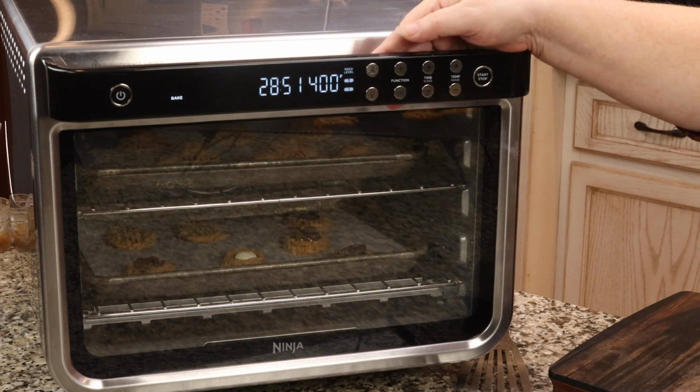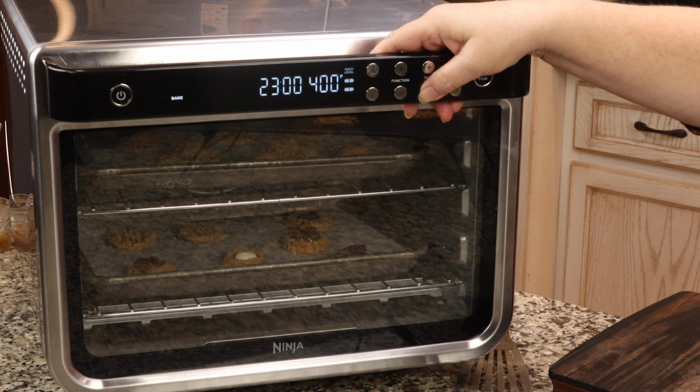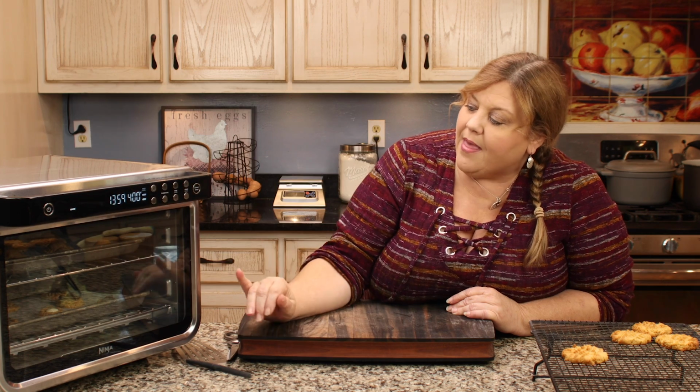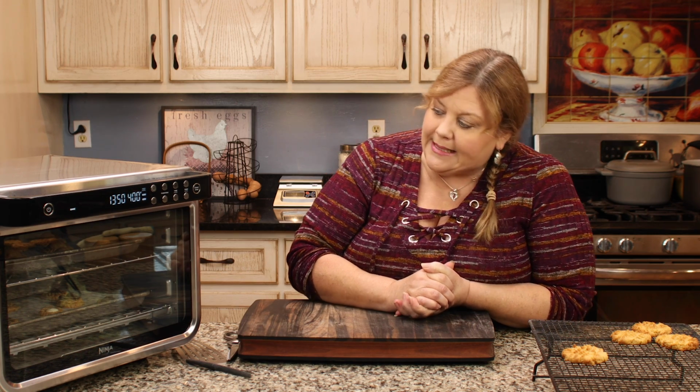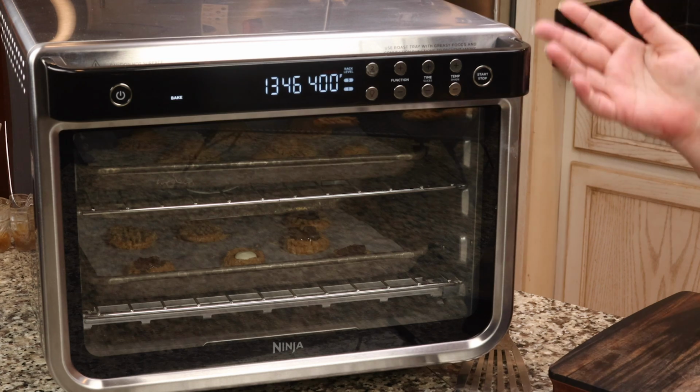And we are going to set our time for 14 minutes. However, usually the peanut butter and jelly stuffed cookies are done in about 12 minutes, and the ones that are just flat are usually done in about 10 to 12 minutes. So we're gonna keep an eye on things here. And if I need to pull the bottom rack out because I'm at a higher temperature, I will do that. And then when they're done baking, we will decorate our peanut butter and jelly stuffed cookies, which puts that extra